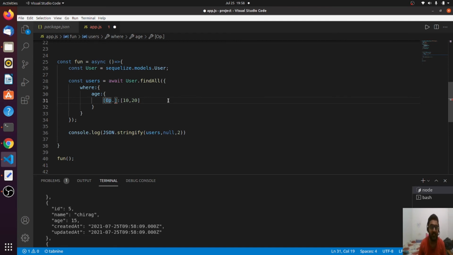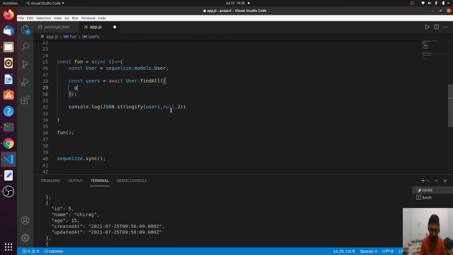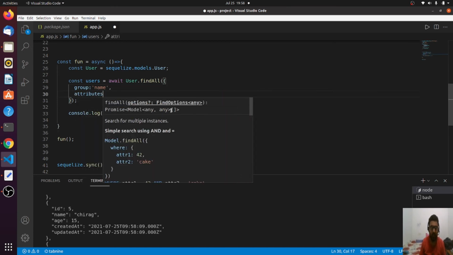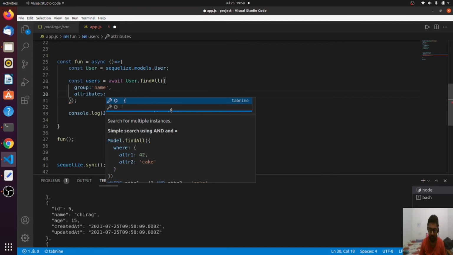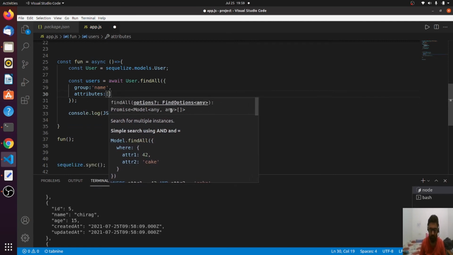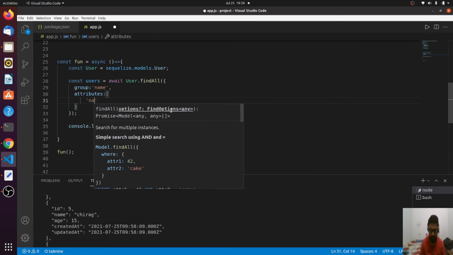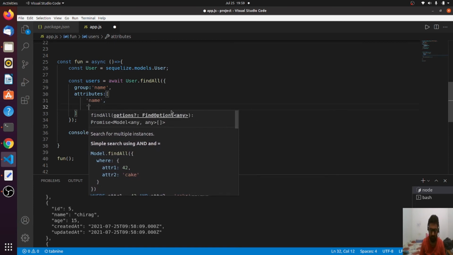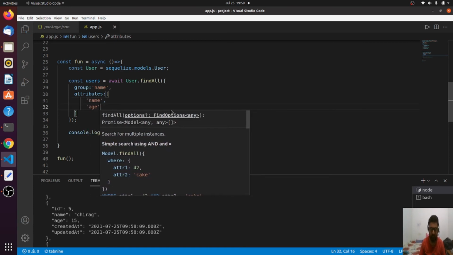So one last thing for this lecture is a better syntax for doing the group by. So when I say I want to group by name, and I specify attributes as name and age, let me run this.